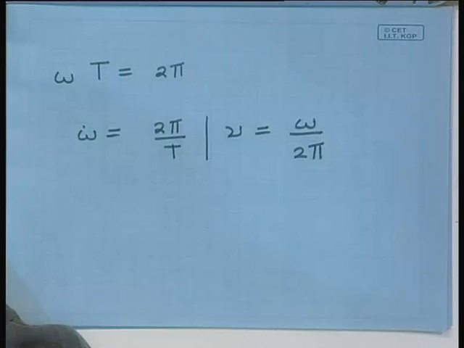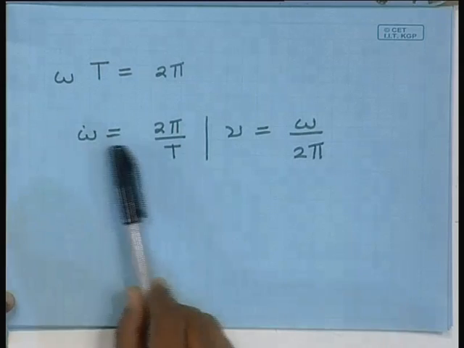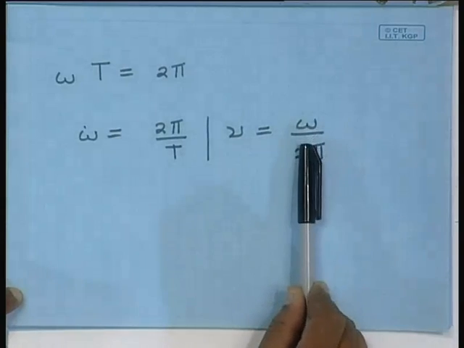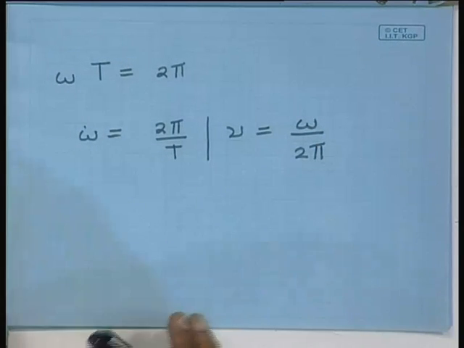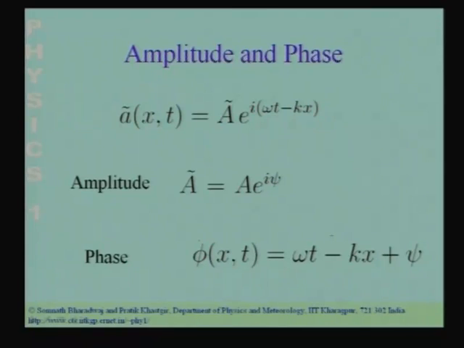So, what we see here is that if I have an observer whose position is fixed, at a fixed value of x, then A is going to oscillate like a simple harmonic oscillator. These oscillations are determined by omega, which is the angular frequency of that oscillation. The time period of that oscillation is 2 pi by omega, which you can see from here, and the frequency is omega by 2 pi. So, if you fix the position and look at A as a function of time alone, you have a simple harmonic oscillation of angular frequency omega, where omega is the constant that occurs over here.